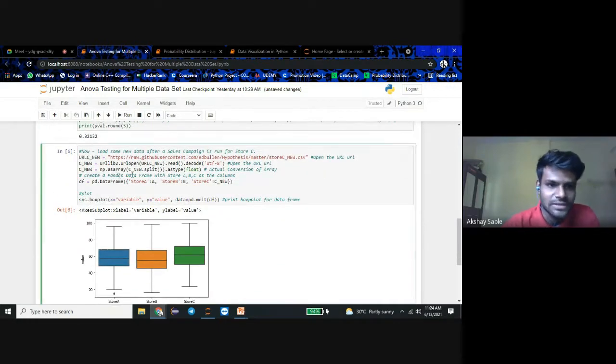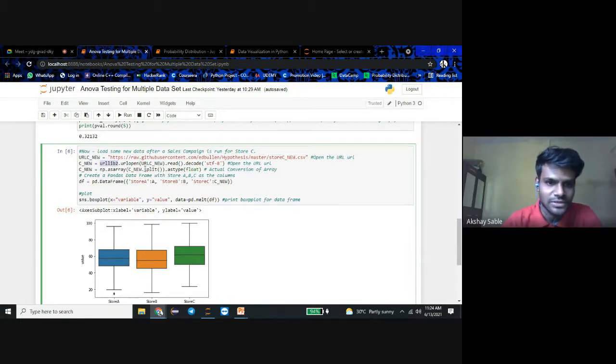Okay, next we load some different data here. url_new is equal to the URL, we open the URL here. c_new is equal to urllib dot request dot urlopen, which is nothing but we use this URL at that line. Then c_new is equal to np dot asarray of c_new dot split.